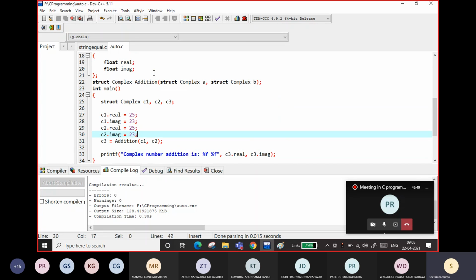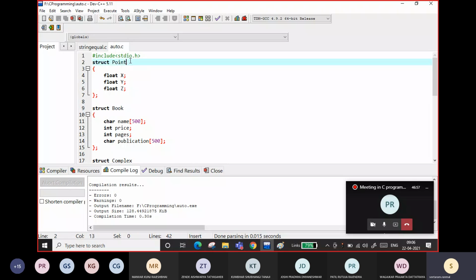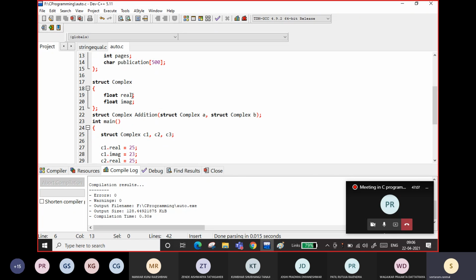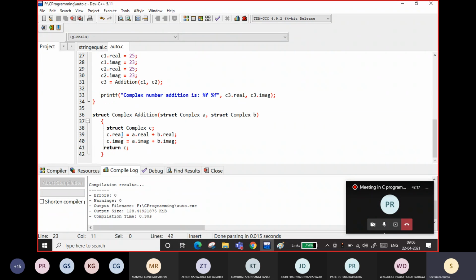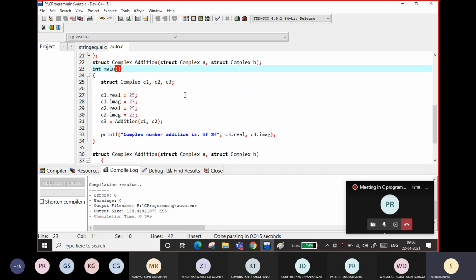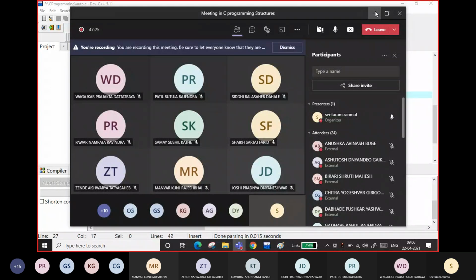I will be here. You can think of this as a practical session again, but this is important: you should be able to write the structure of a data type. You can think of how to define the structure. For the complex, there are two members because it will have two members as an entity. So you can define the multiplication function and make the corresponding changes here. So start writing a program. I will be here. If anyone finishes, let me know.